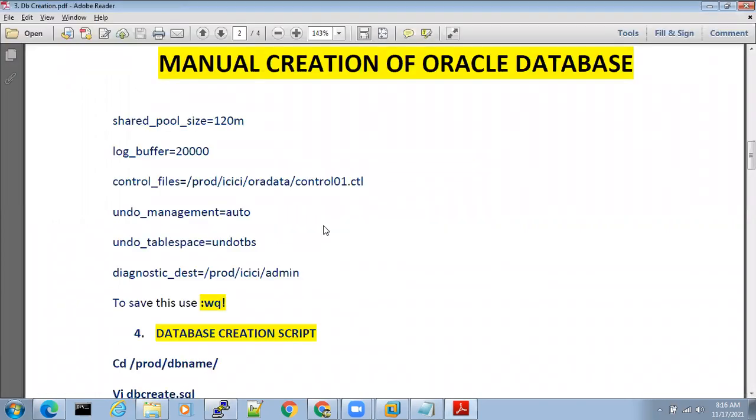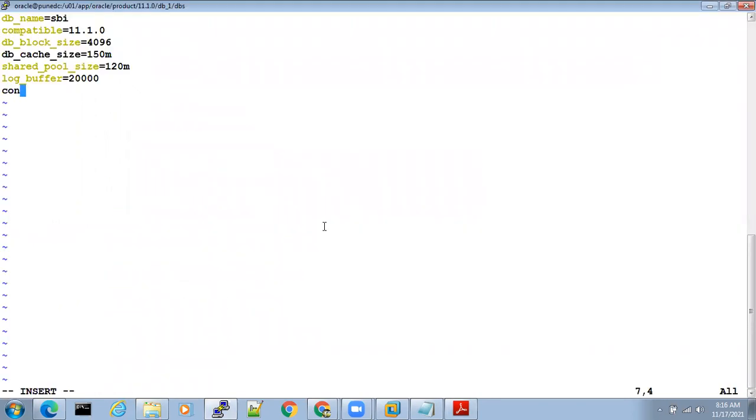Okay. Next, control_files is equal to /prod/sbi/admin/ora data/control01.ctl.